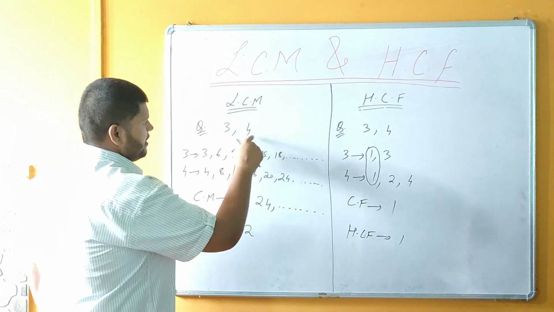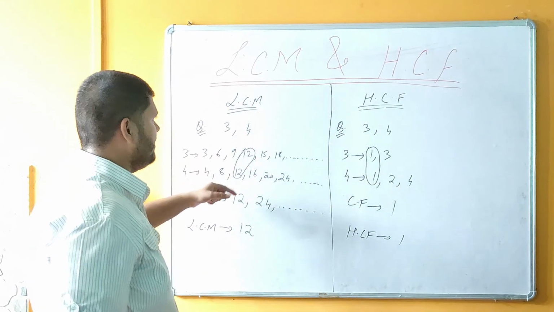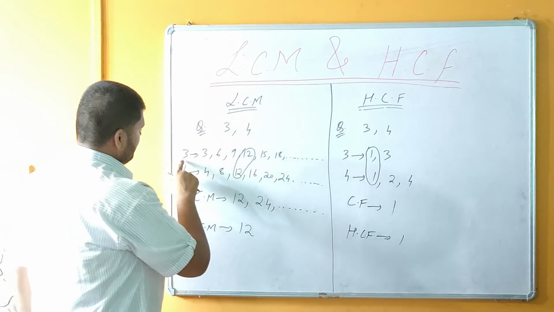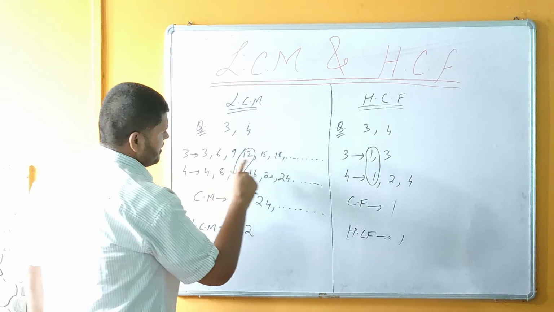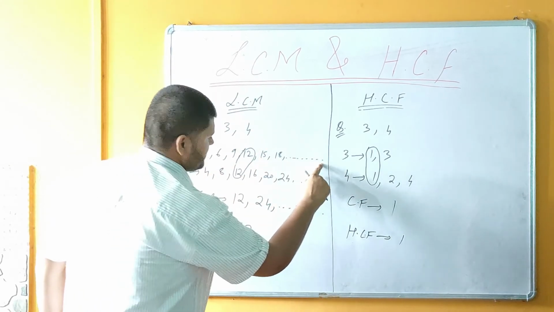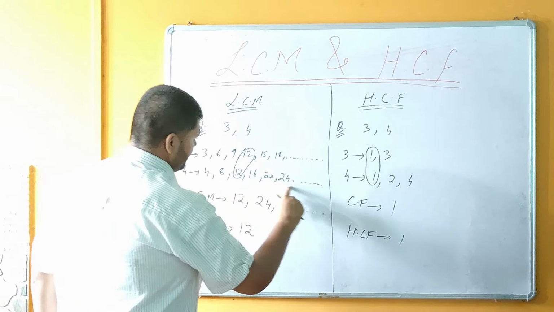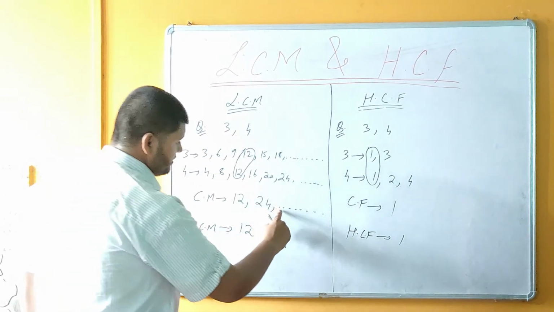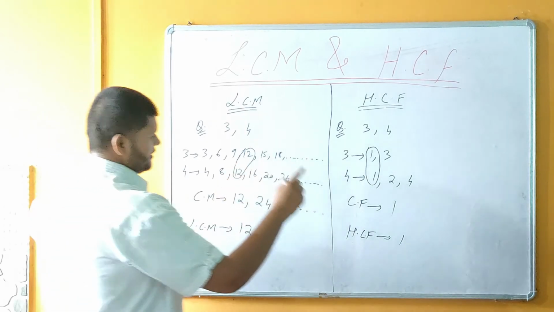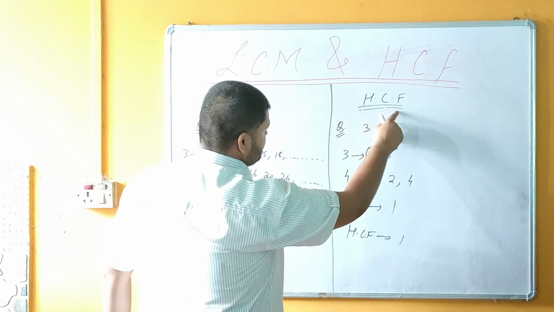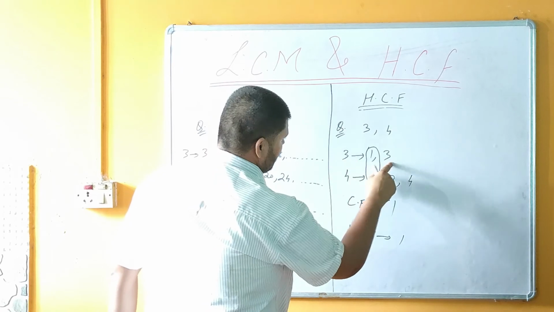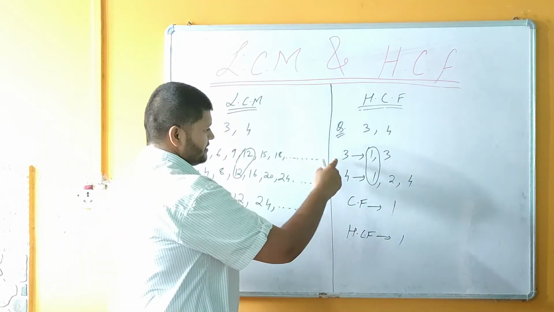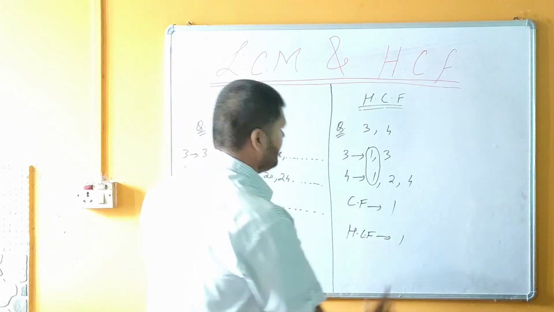I hope you are clear with the different ways. For the same numbers I have found LCM and HCF. In the LCM you can see the multiples of the given number are infinite. This dot represents infinite. Here also infinite. Common multiples are always infinite. This dot means infinite. And here in the HCF you can see the factors are finite, because no dot is present. That means the HCF is always finite.